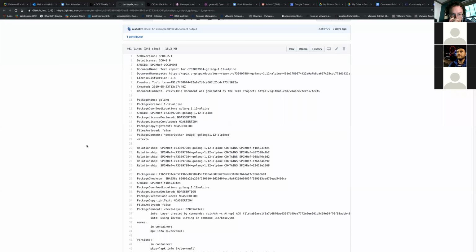You'll notice that there are some tags. The format is called tag value. That's what SPDX calls it. They are working on converting that to JSON at some point, so that's ongoing work for them. But tag value is the format that their current validator works on. And then they have tools that convert this format to the other formats. So lines 11 to 20 is representing the